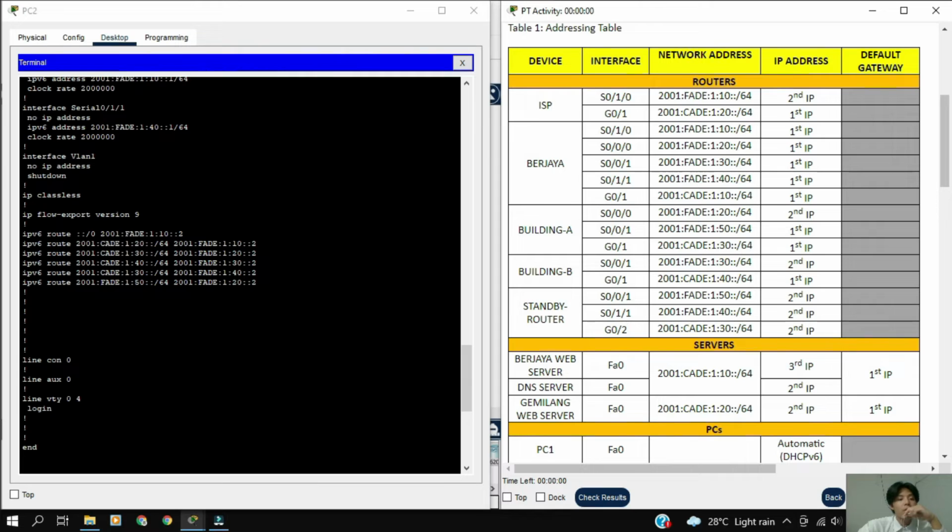The first IPv6 route, default route with 2001:8:1:10:2, which is the next hop address of ISP as interface S0/1/0 IP address 2001:8:1:1:2 to connect to ISP, and the next IPv6 route 2001:8:1:20, which is the ISP router